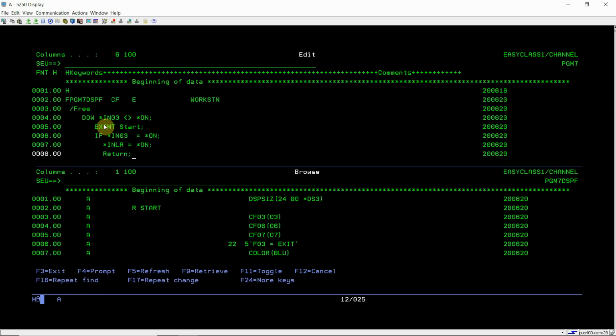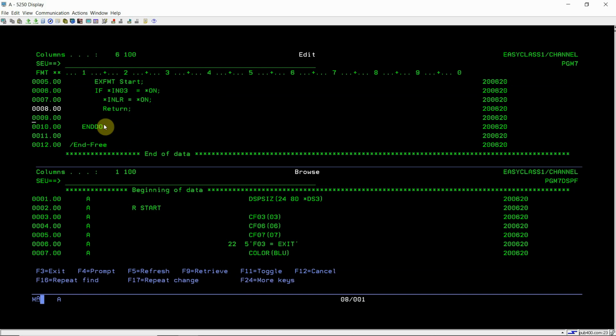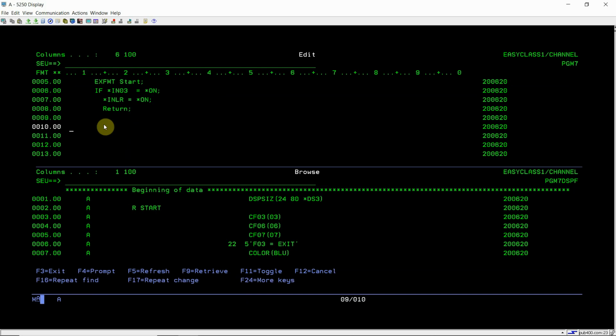So all the processing will be stopped here only. I won't move forward to execute anything else because I took F3 to exit from the first screen. If F3 is pressed, we need to exit from the program, so we'll set the last record indicator as on, and then return from the program.